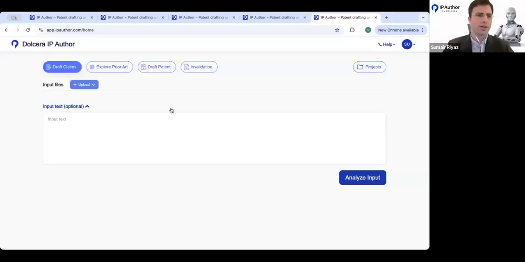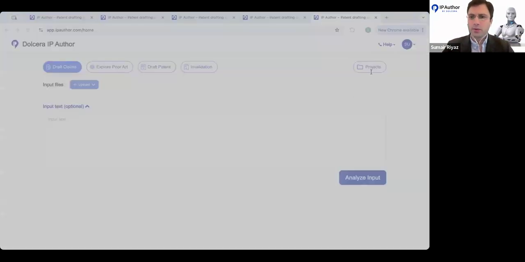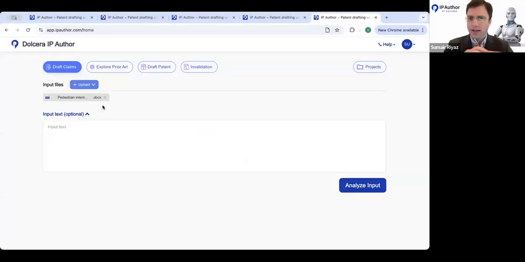You should be able to see IP author's landing page for drafting claims. What I was saying was, for any of these starting points to draft claims or to explore prior art, one can start with a textual or a non-textual input in the form of a file. This is what we're going to do today. So we will upload a file. I've created an example. I'm going to upload this file and